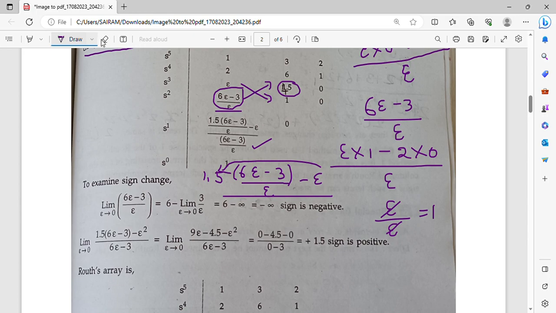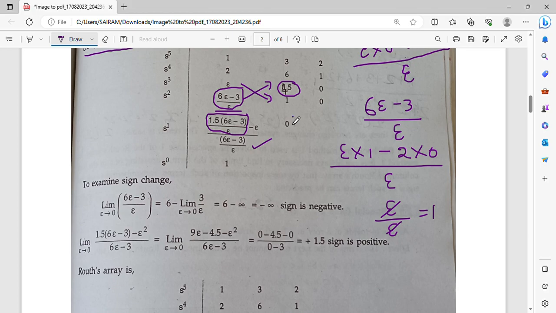This is the resultant you get, right? You got to know how you got that, right? Try to multiply, you will get the same resultant. So 6e minus 3 by e into 1.5, you get this resultant, and this minus e is as it is, that is e into 1 is minus e, and this whole divided by this particular itself,